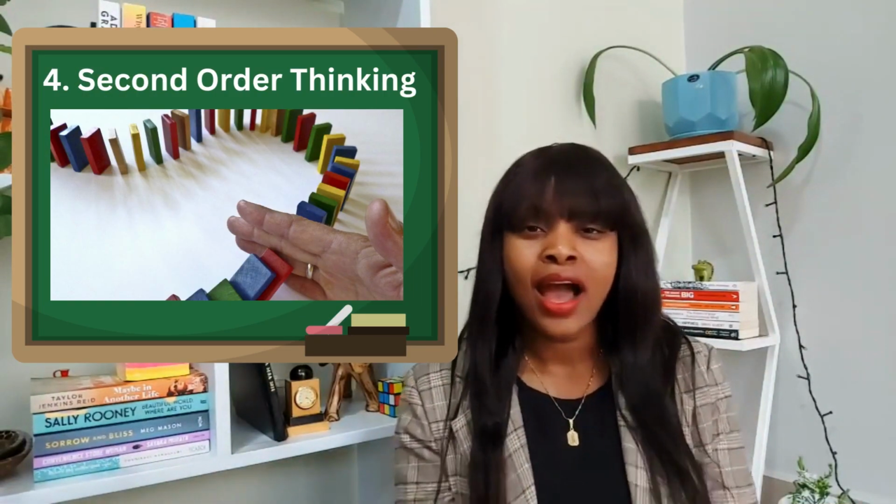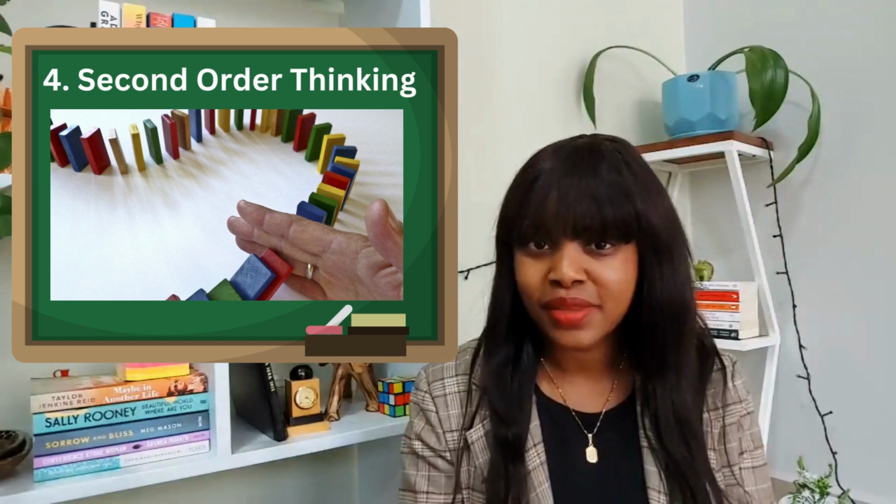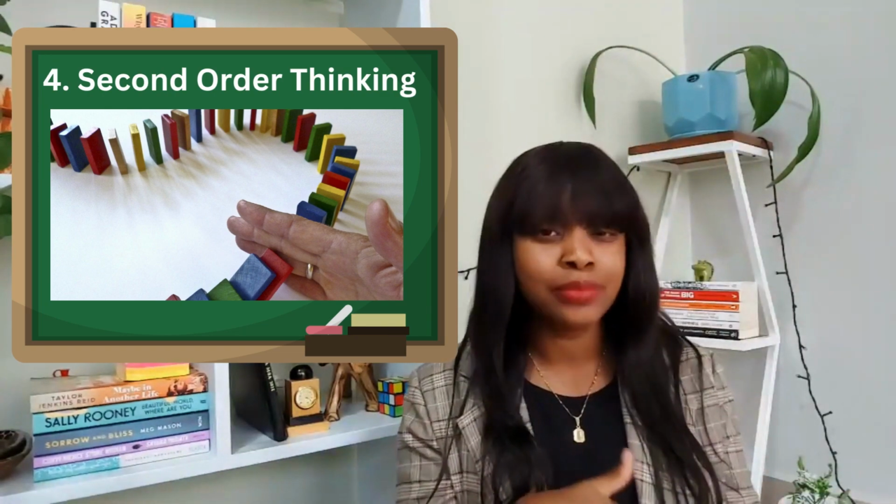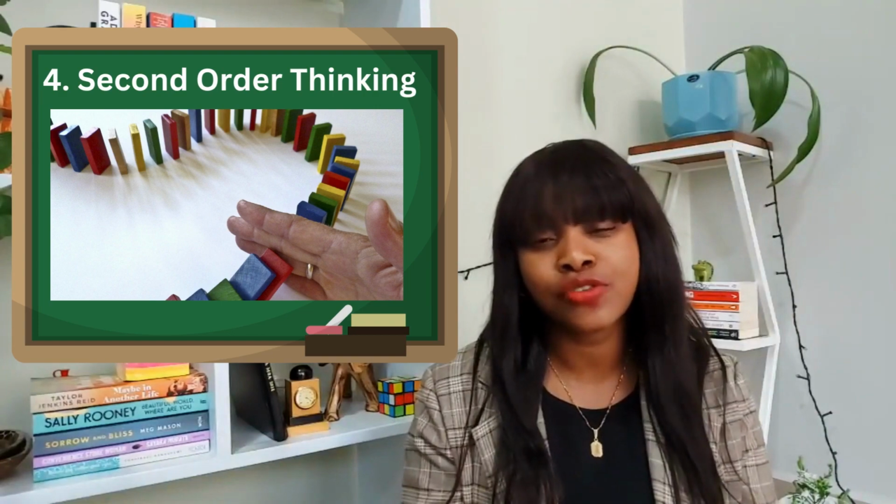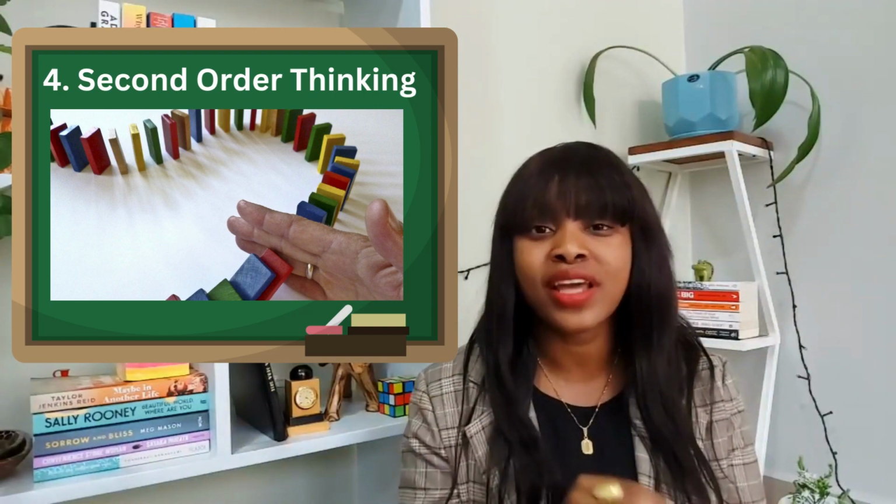Mental model number 4, second order thinking. Have you heard of the Cobra effect? The story of how this effect came to be is perhaps the most interesting illustration of the importance of second order thinking. During the British rule of colonial India, the British government was facing a venomous cobra snake infestation problem in Delhi, and so the government came up with an ingenious plan to offer a bounty for every dead cobra,